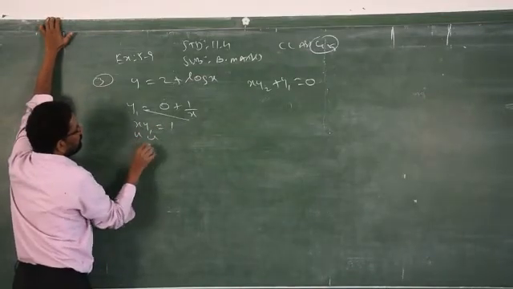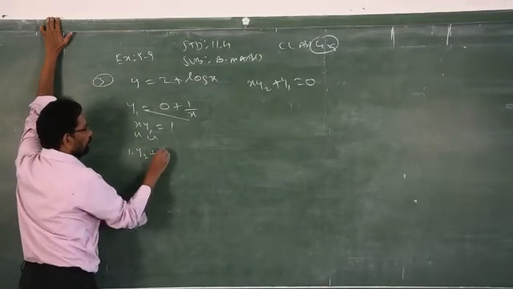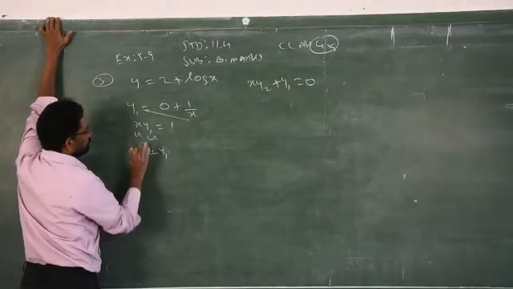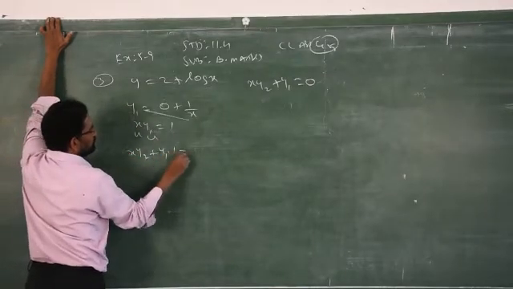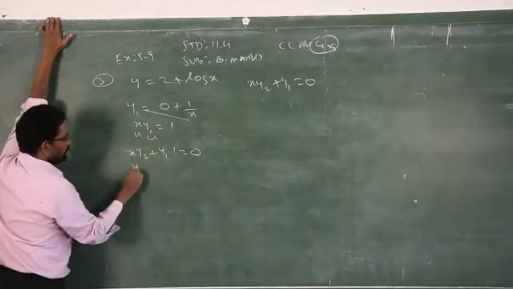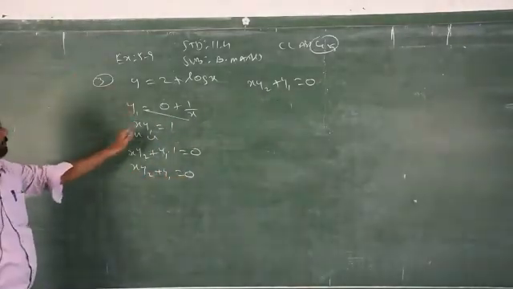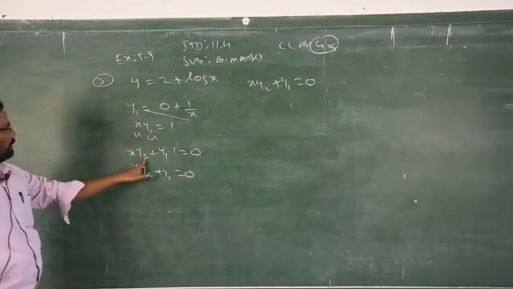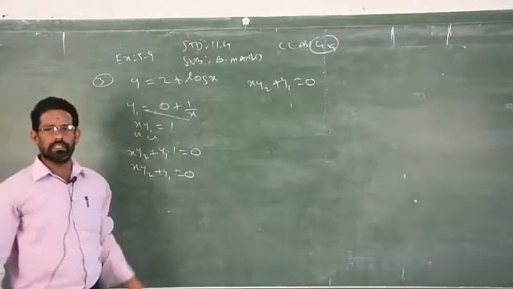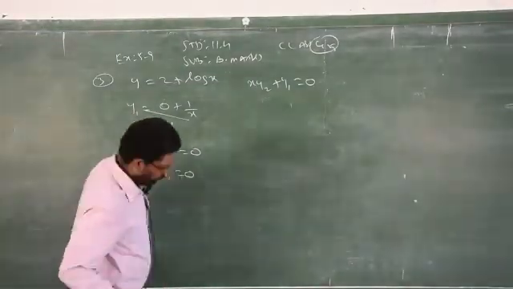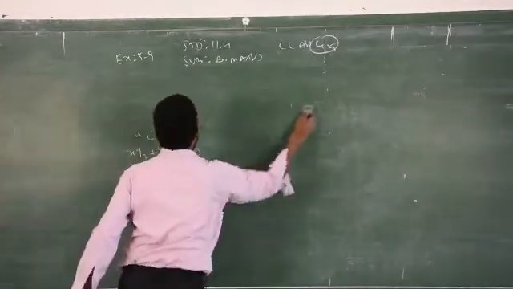Now you can apply the UV method. Differentiate x y1, which becomes x y2 plus y1 into 1, is equal to 0. Hence the proof, x y2 plus y1 is equal to 0. Just apply the UV method: x y1 becomes x y2, then keep y1 as it is, since the differentiation of x is 1. So the answer is over. Now sum number 4. Very simple, sum number 4.